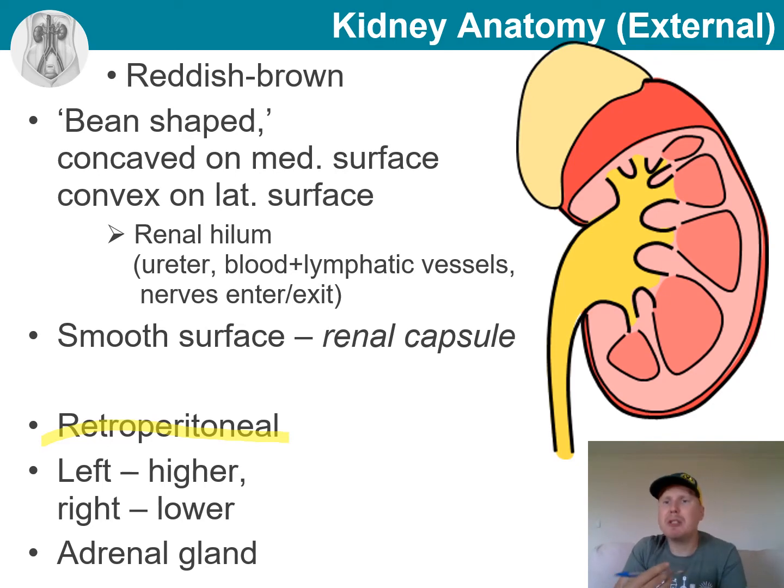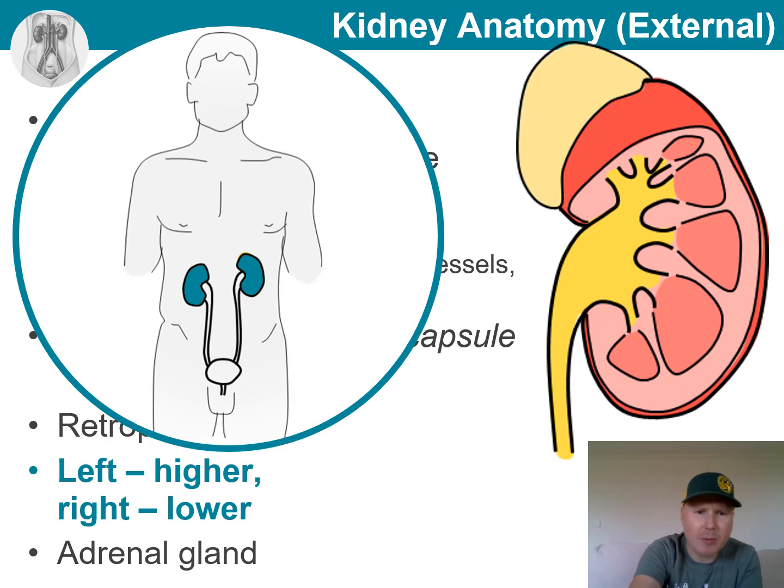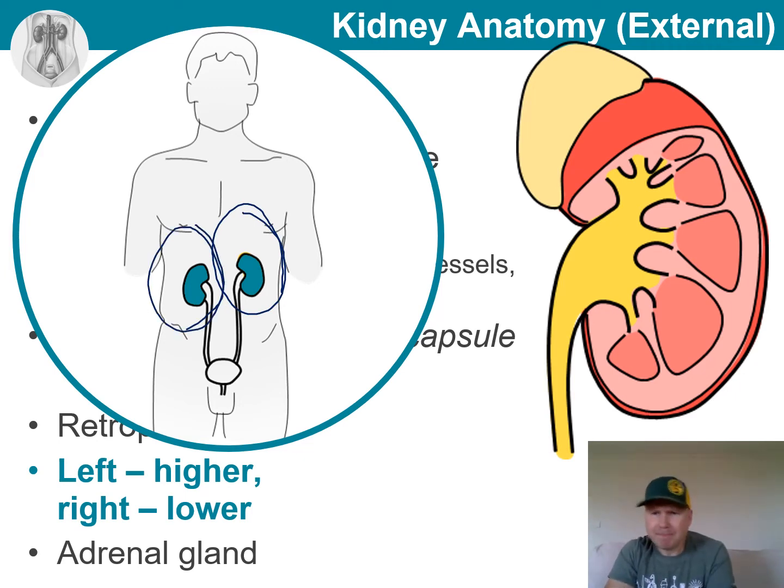And we talked about the peritoneum in our video of the abdominal organs. I will add a link to that as well at the end of this video. We also notice that when comparing the left and right side of the body, the left kidney is typically higher, while the right one is lower. Why would this be the case? Can you propose an explanation based on all that you know about the human body?